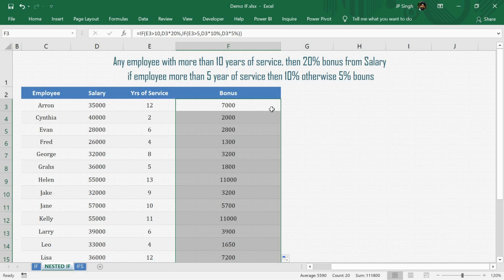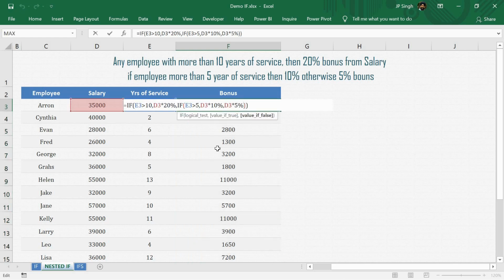So I need to elaborate on that a little bit. Initially I told you that if has three parameters. So the first if has three parameters: the first parameter is this, the second parameter is this, which is the calculation of 20%. In case of the third parameter, we have a new function, if. That function is basically called a nested function, or nested if in this particular scenario. So this is called a nested if inside an if. So again it is also going to fulfill all the conditions: the first parameter, then the second parameter if it gets true, and the third parameter when it gets false. So this is one function here.